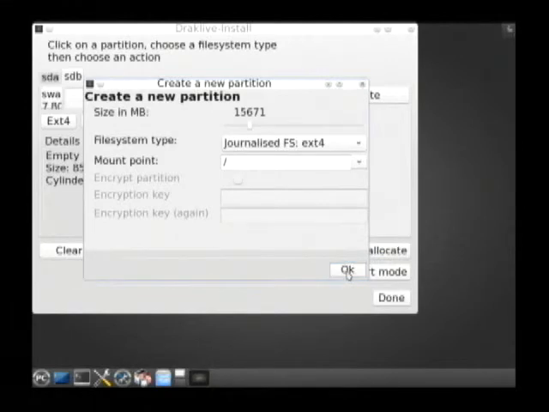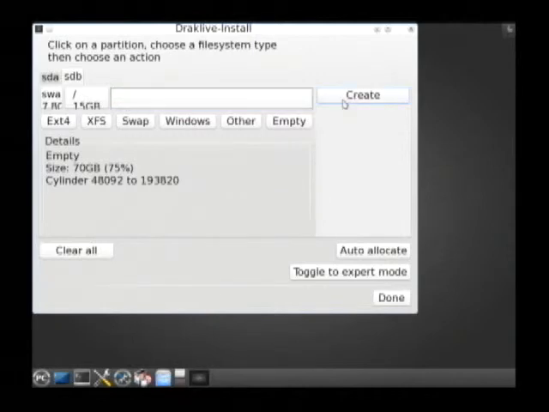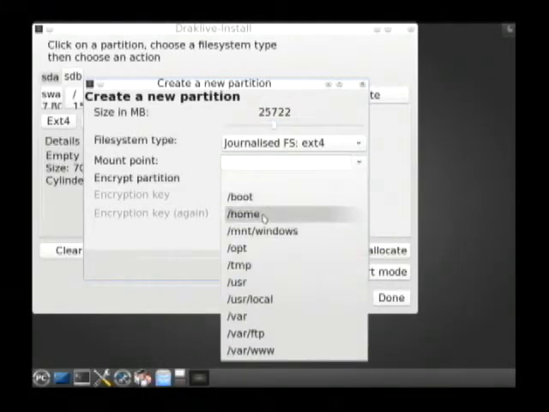and clicking OK. So now we've got 2 partitions on that disk drive, but I need a third one for my home. I happen to know this from experience, so I'm clicking here. I'm going to create another partition. Once again, I'm going to do a journalized ext4 file system, which Linux really likes, and for that one, I'm going to give myself about 25 gigabytes. And we're going to mount that on home,